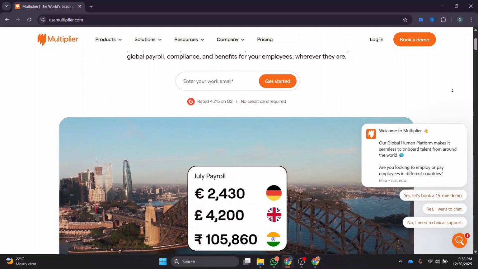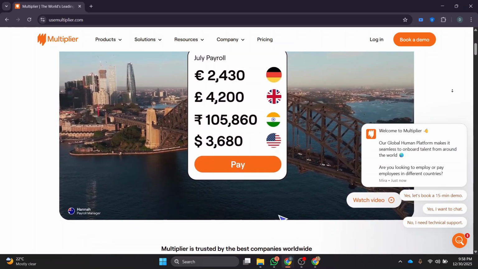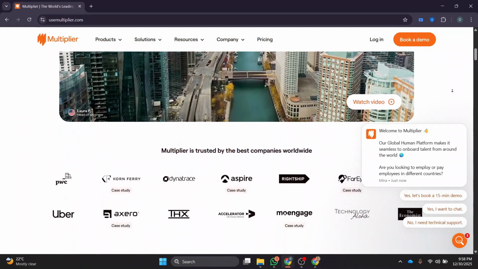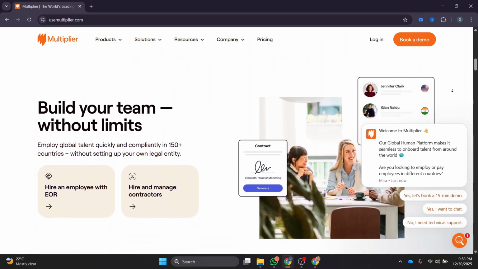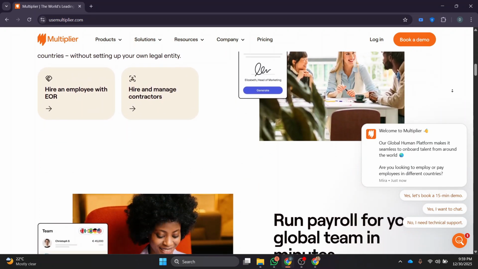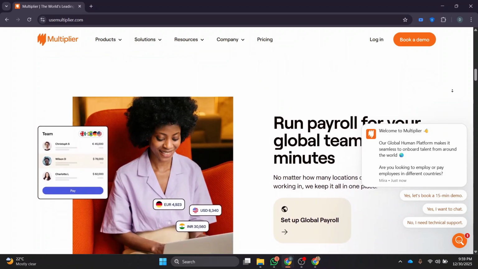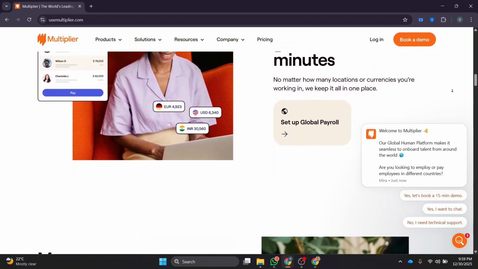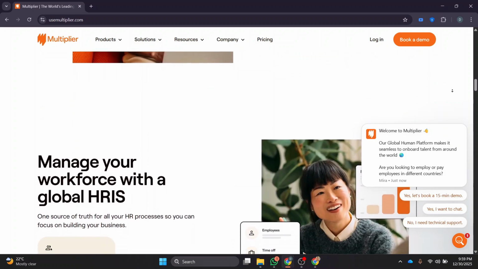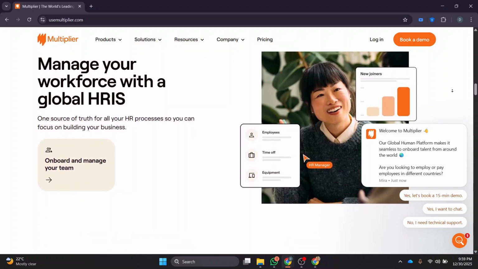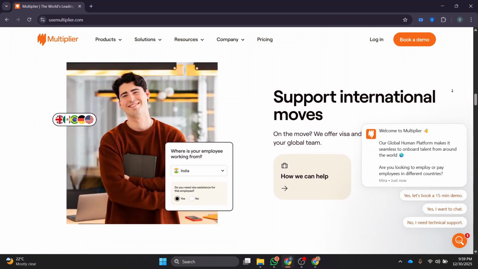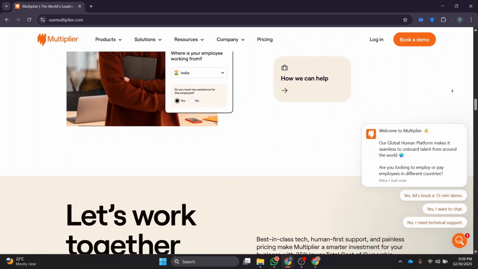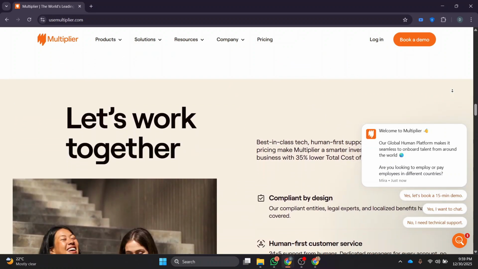Multiplier Payroll is a cloud-based platform that helps businesses manage global payroll with ease. It allows companies to pay employees in multiple countries, handle local compliance rules, and manage taxes automatically. The platform is designed to save time, reduce errors, and provide a centralized solution for payroll management. Whether you are a small business or a large enterprise, it gives you control and visibility over payroll operations, all